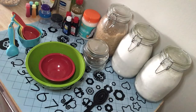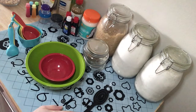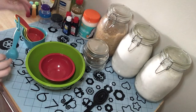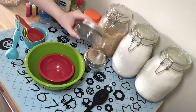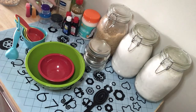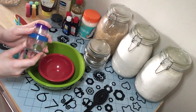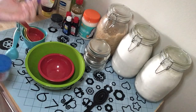So what you're going to need are some mixing bowls, a spoon, some measuring cups and measuring spoons. You're going to need a container to put the scrub in. So I have some small mason jars, as well as some plastic containers that I picked up from the travel section of the grocery store. So I've got a 2-ounce jar, a 1-ounce jar,